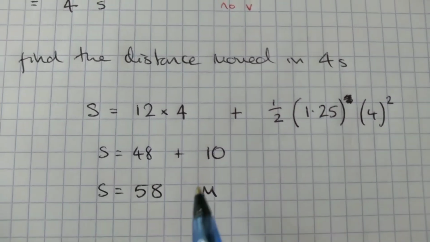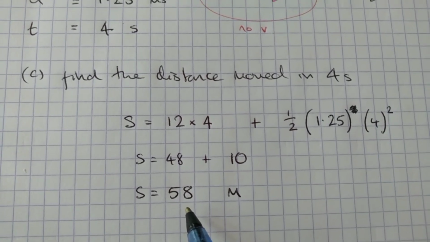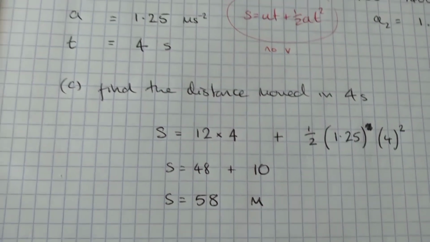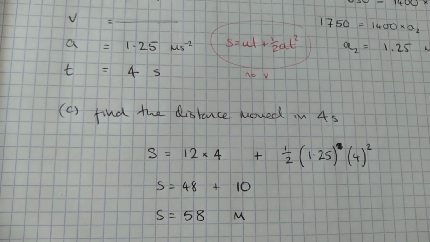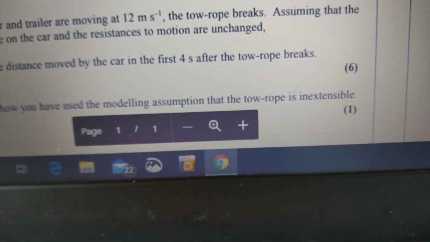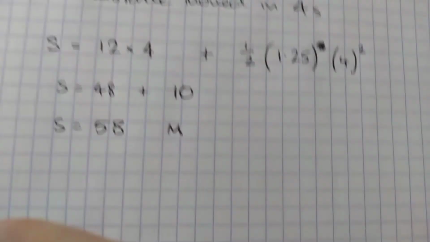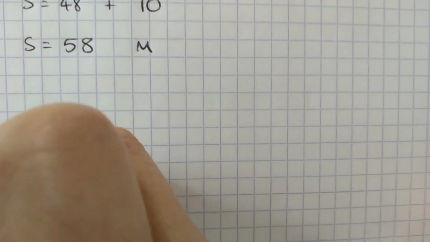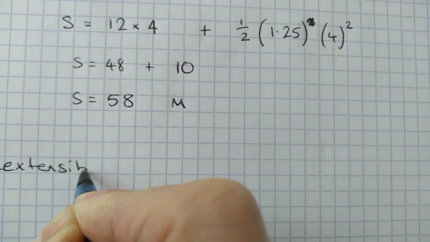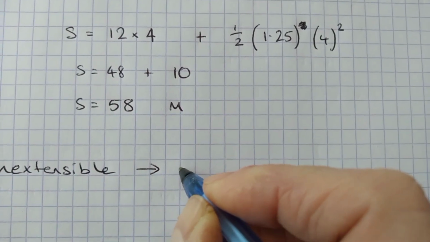state, let's have a look at the question. It says, state how you have used the modelling assumption that the tow rope is inextensible. So non-stretchy tow rope, inextensible. How have we used it? Well, we used it, I suppose what it was, we said tension for the car and the trailer